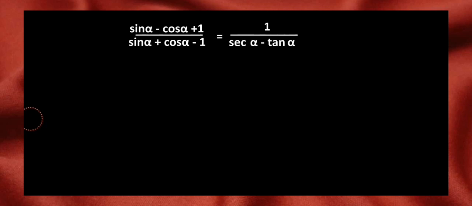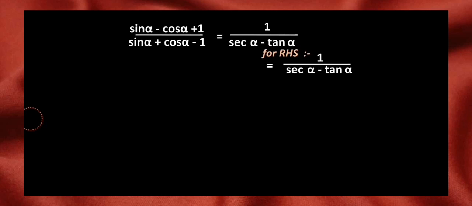And if you observe the RHS, you will come to know we have sec alpha, tan alpha, that we do not want because we have only sin and cos in the LHS. So this is a special sum, because in this sum we will not begin with LHS and end on RHS. This is the sum in which we will solve RHS separately, LHS separately, and they both will result in the same answer. So let's begin with the RHS first. RHS is nothing but 1 upon sec alpha minus tan alpha.